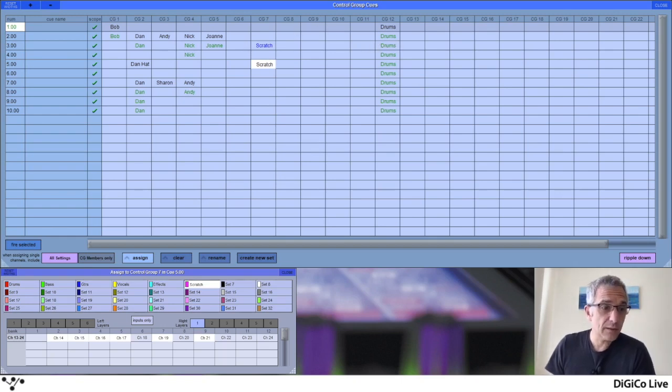The final part of this one is down in the bottom left-hand corner, where we've got an all settings or CG membership switch. Primarily I will always start this in all settings, because I'm going to be recalling aliases, essentially all of the channel settings, when I bring in one of these assignments. But if you've done a load of programming and all you want to do is bring in a different VCA assignment, a different control group assignment, and you don't want to affect channel settings or alias selection or anything like that,